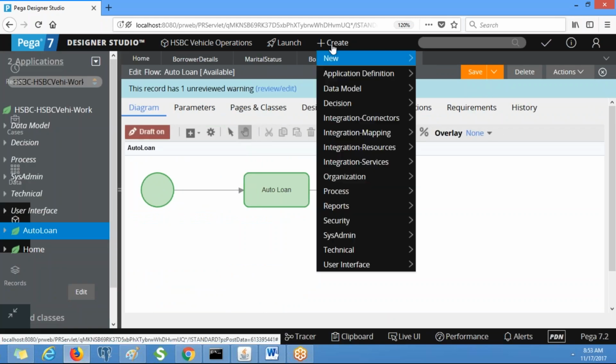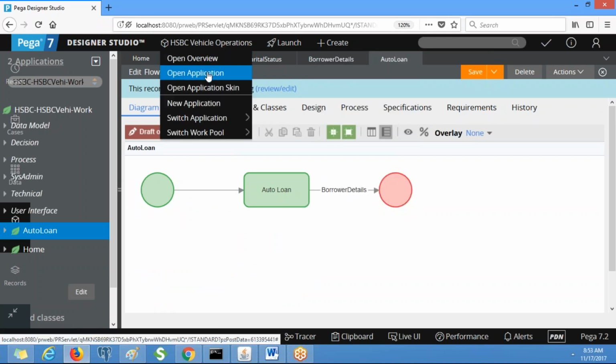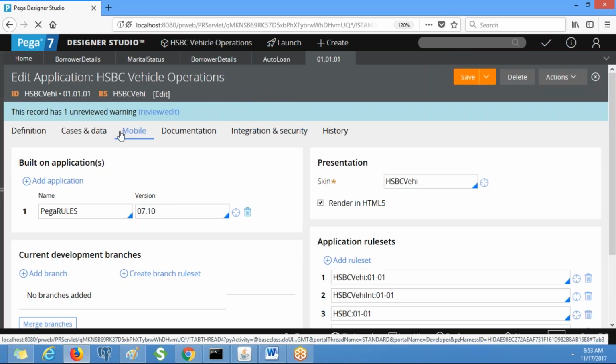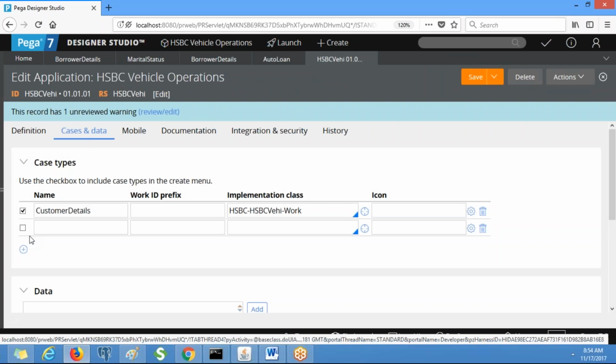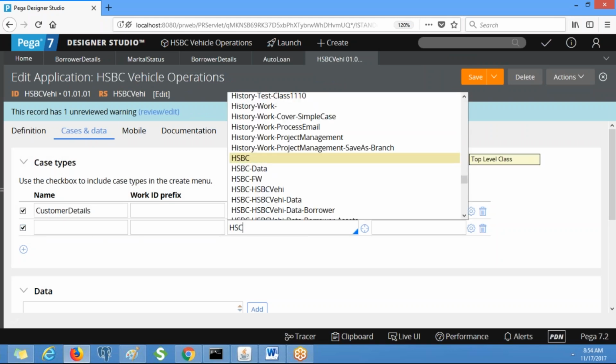If we want to make it available under the create menu, we need to include this work type in the application. Open the application, under case and data, you need to give the work type, auto loan work type.